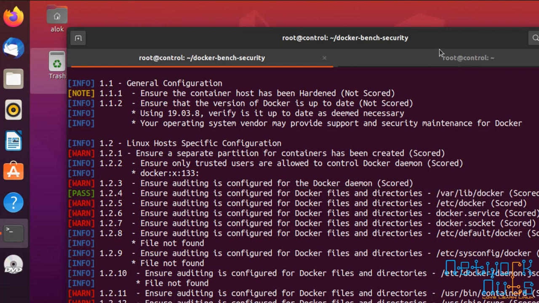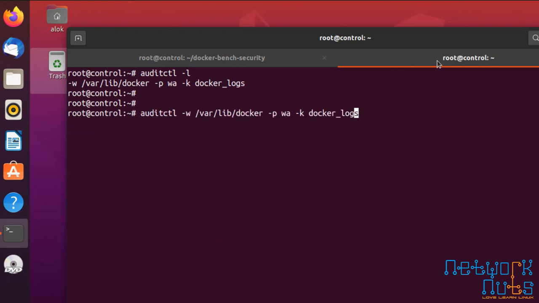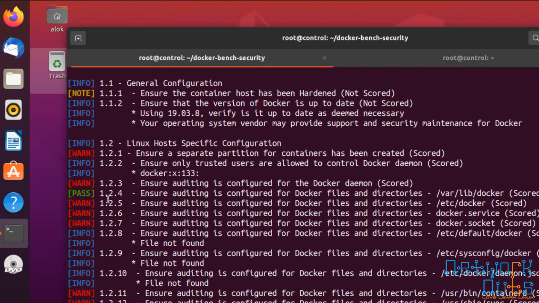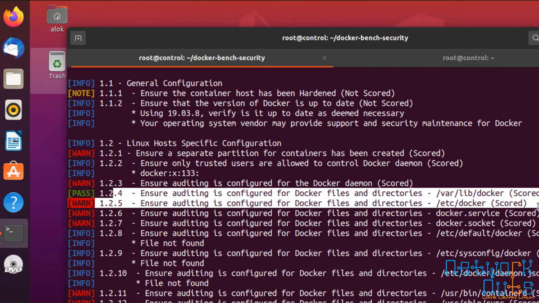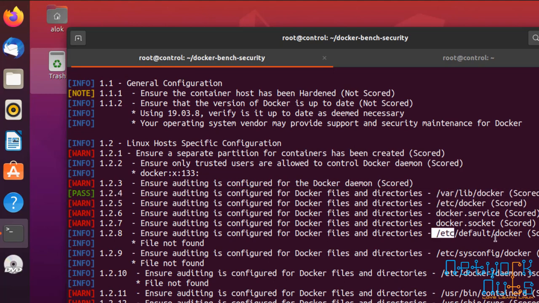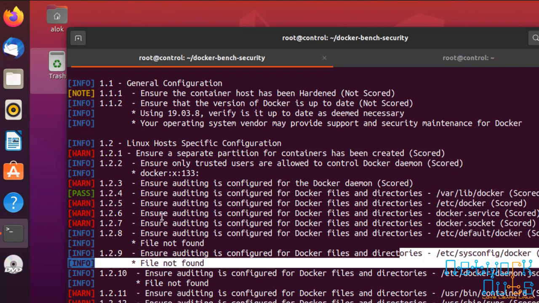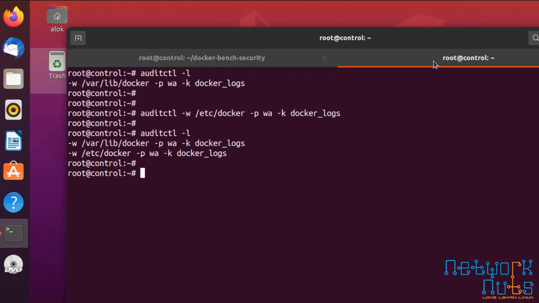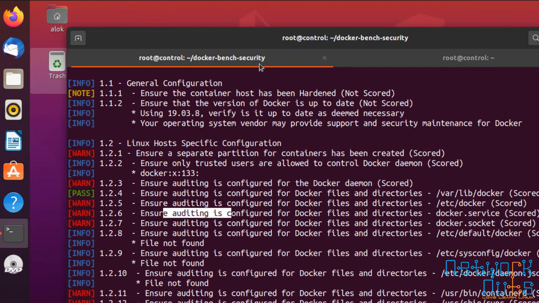Let's do it. So I create another rule. All I need to do is just change the path. You can make it permanent by putting up an entry in the audit.rules, which I'm not doing now. So I have got 2 rules now, right? So both these should pass now, right? If I run it again, do it for this also, do it for this also, read it and keep on doing these things. This is what you are paid for, right? So let me run it again.